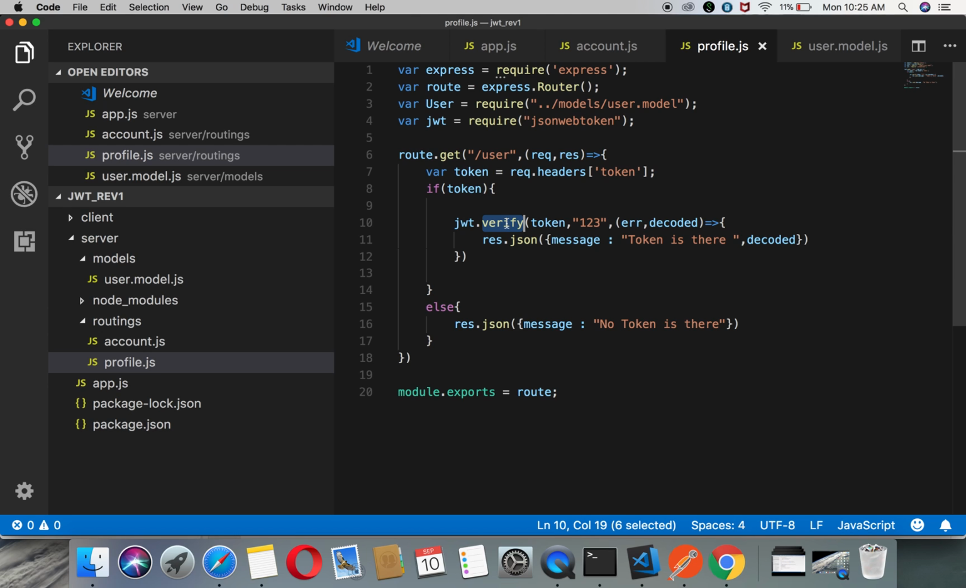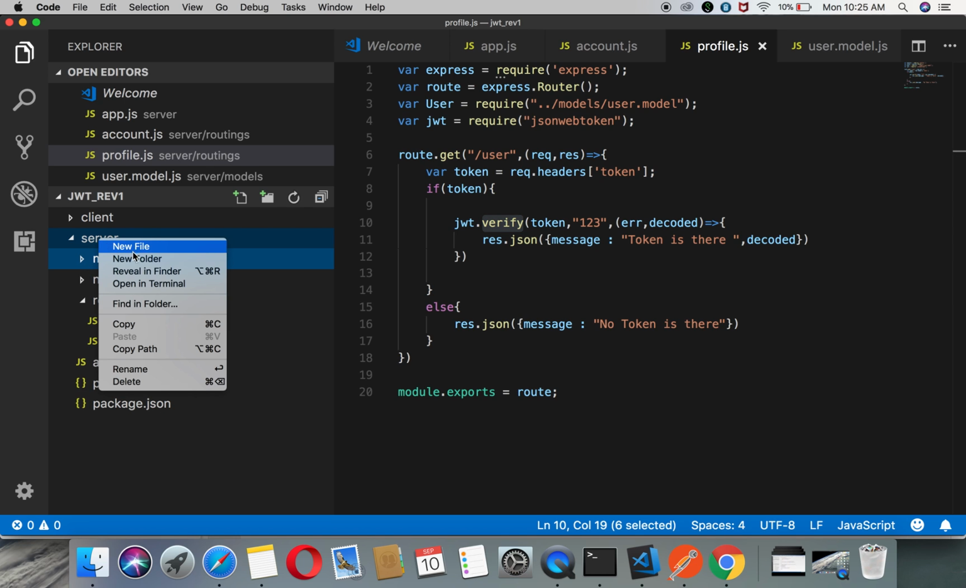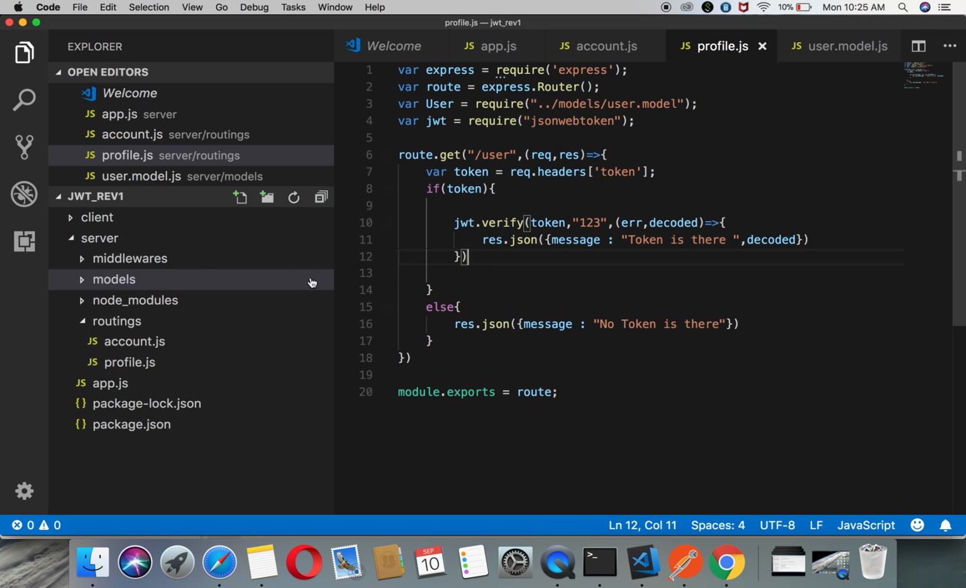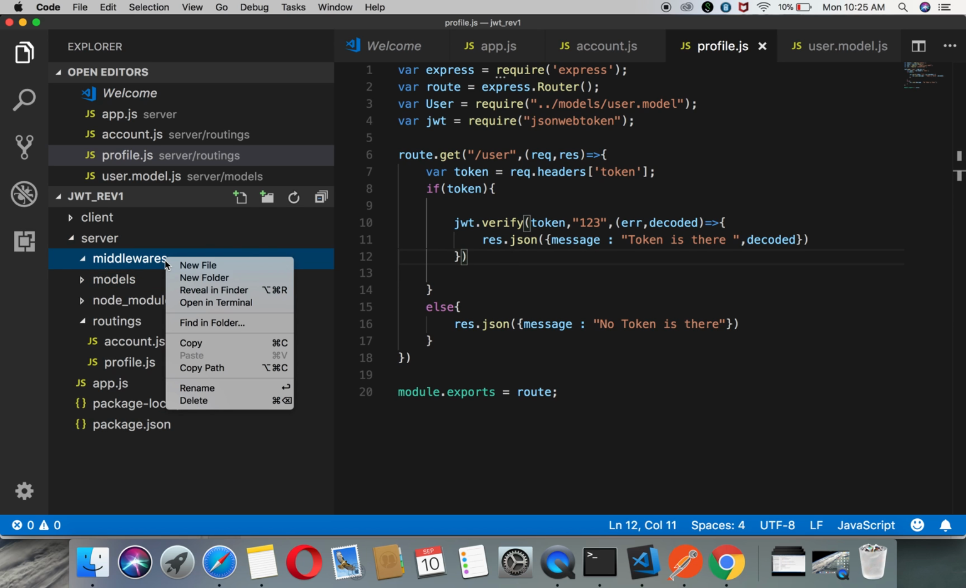JWT.verify method. There should be some mechanism, there should be some middleware that automatically for each and every REST API the verification will take place. So I think for this we need to create some middleware. So I'm going to create a folder middlewares, and I'm going to create all custom middleware inside it. So inside this particular folder I am just creating a